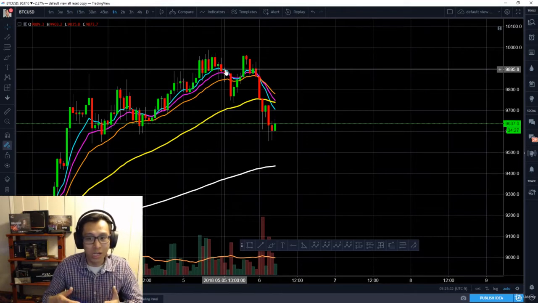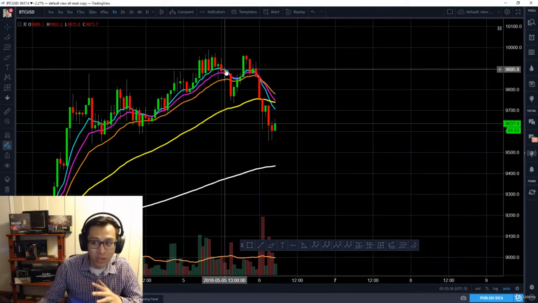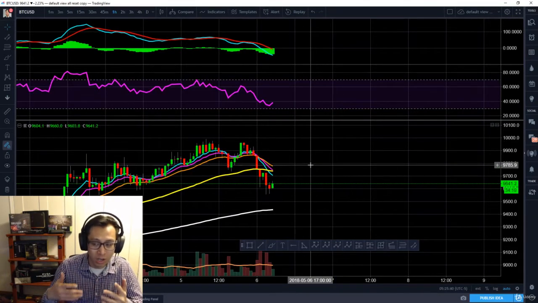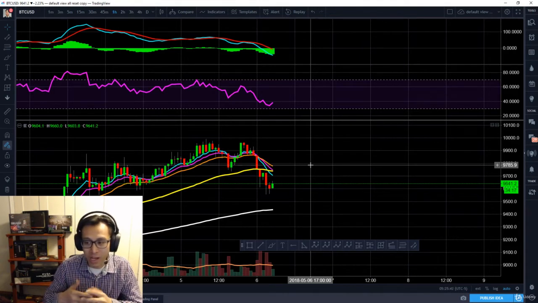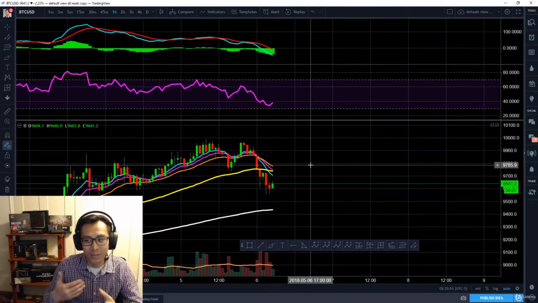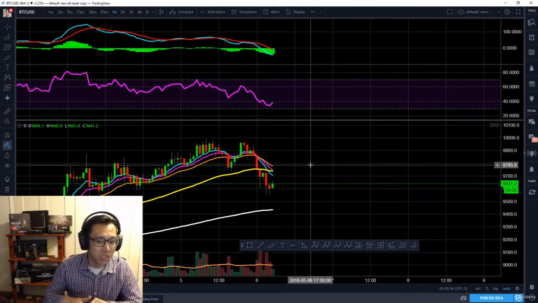And just so you guys know, you actually can't have all of these indicators that I have on my screen in the basic version of TradingView. You need to have the Pro version, but the only reason I have it is because I bought the Pro version for a few months, and it actually just left my indicators on there. If you have a basic TradingView, you can actually only have